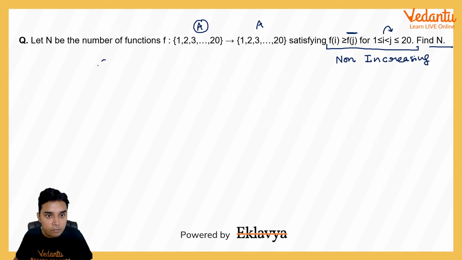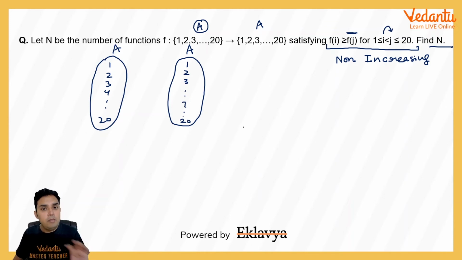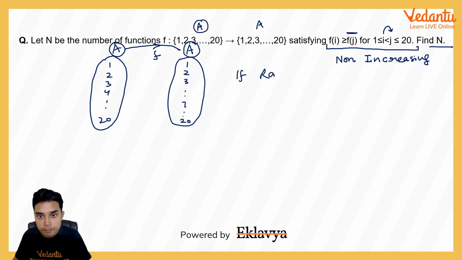Now to understand what exactly is going on in this question, please understand, let this set be A here and this also as A here, and 1, 2, 3, 4 and so on up to 20, and here 1, 2, 3 and so on, let me call this as 7 and so on, then 20. I am taking just one example. As you all understand, if this is a function, every element of this domain A has to be connected, but not of this codomain A. So if our range is, please understand, 1, 2, 3, 7, just 4 elements in the range,